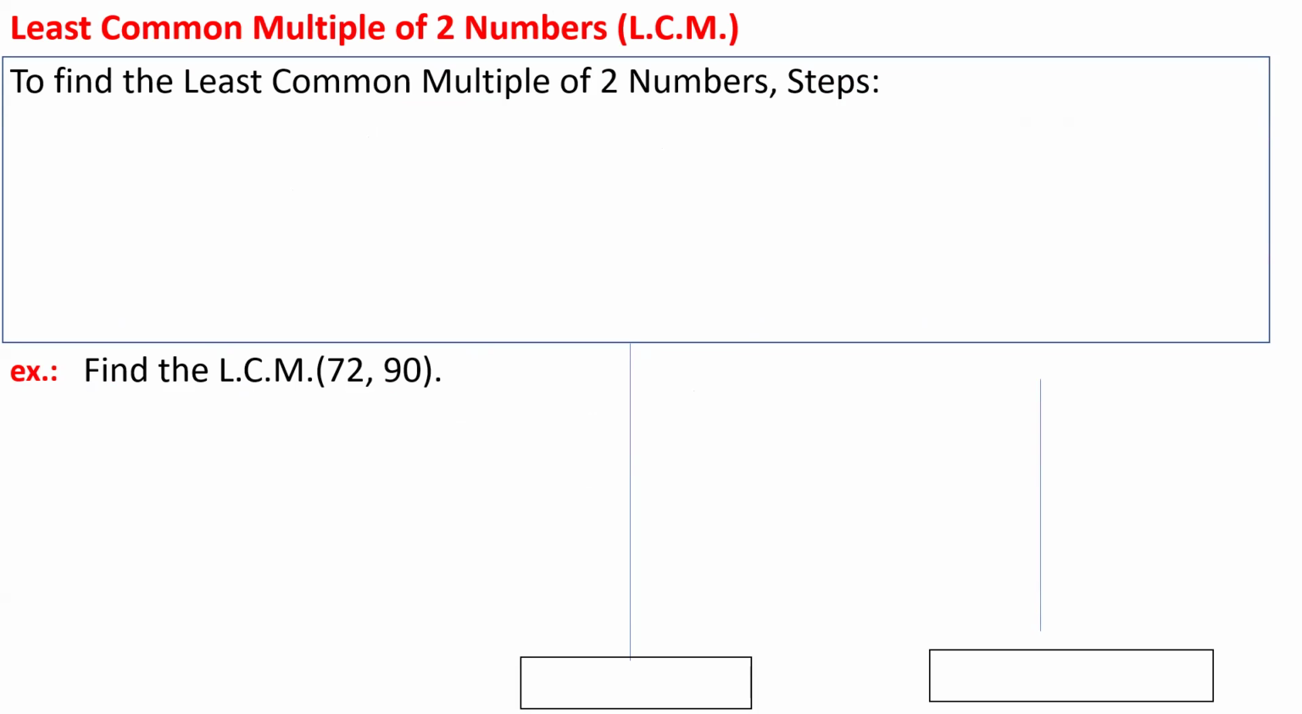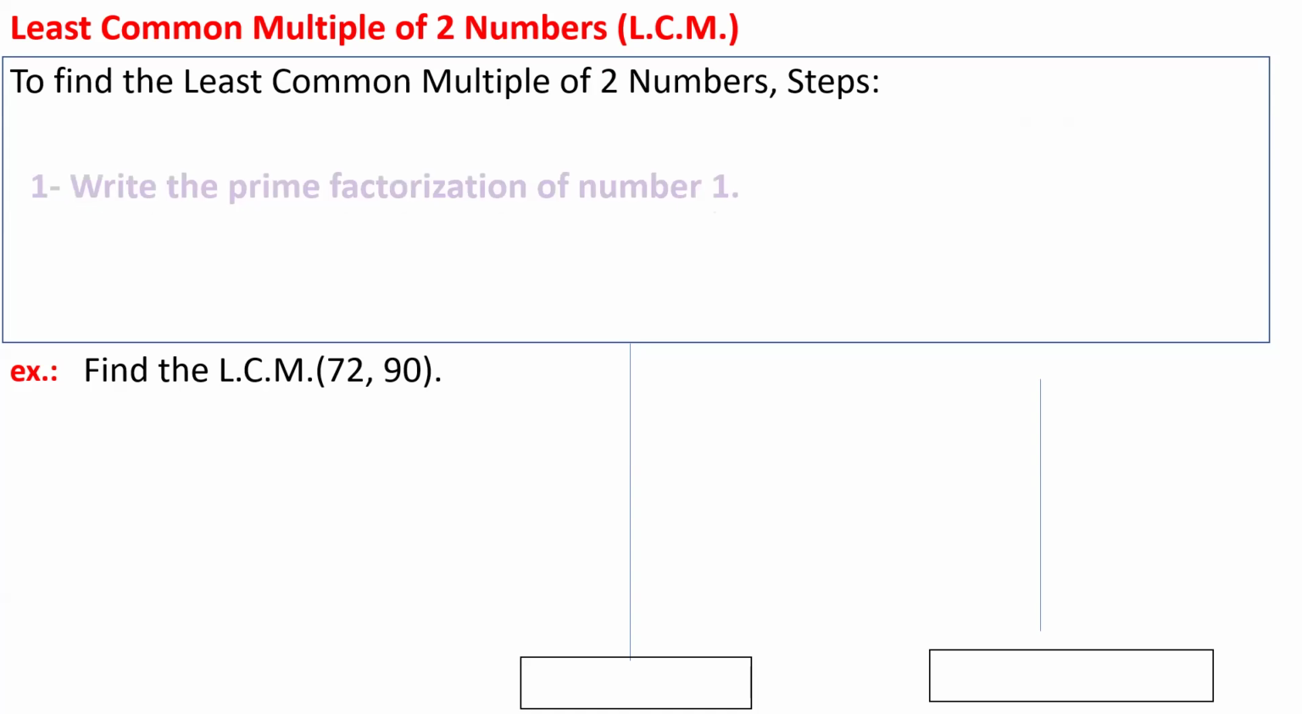Here, if I have two numbers, each number has multiples. I can find the common between these multiples, the multiples that are found in both. Then from the common multiples, I will find the least one, which is the smallest one other than 1, because 1 is a common multiple of all numbers. So I will let you see the steps that we use to find the LCM or the least common multiple